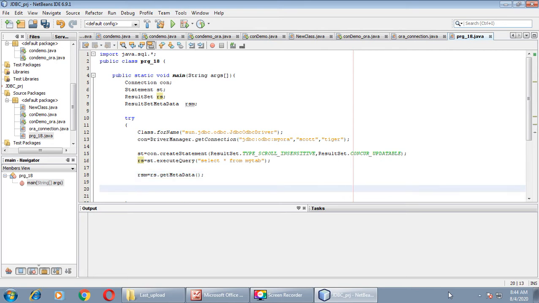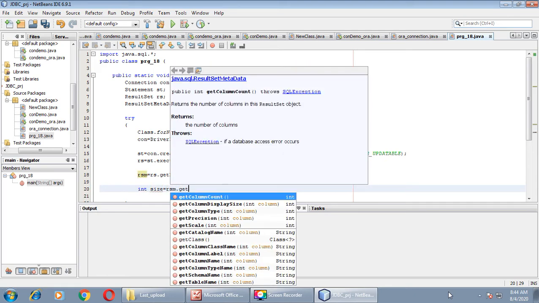Then int, define one variable of integer type, size equals rsm.getColumnCount.